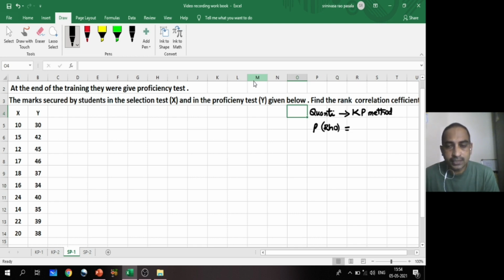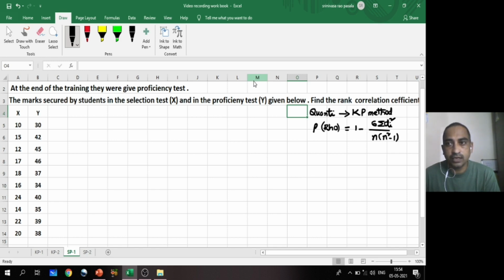There are two cases: one is when the ranks are repeated, the other is when the ranks are not repeated. In this lecture I confine myself to the case where the ranks are not repeated. In such a case, Spearman's rank correlation coefficient is 1 minus 6 sigma di square by n into n